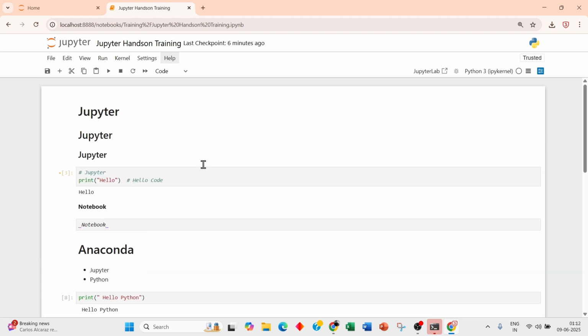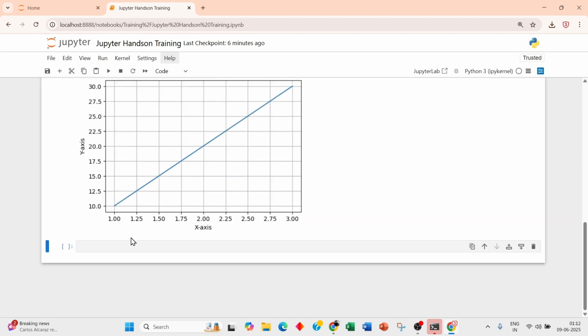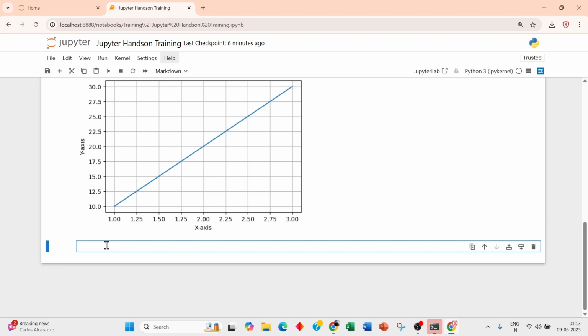One more thing which is important is working with images, because when you will be doing machine learning, data science or image processing programs, then you have to load images, not only for coding or for any project. You can just import your logo, any images which you want to use as a markdown or a reference. So we'll just create this as a markdown, and then we will write a code called exclamation mark,